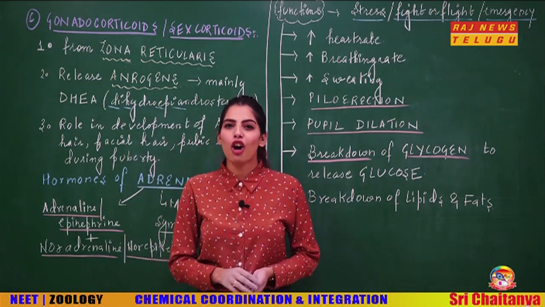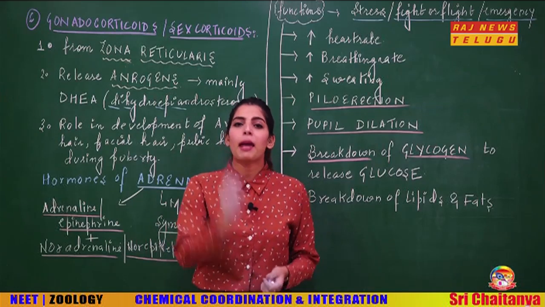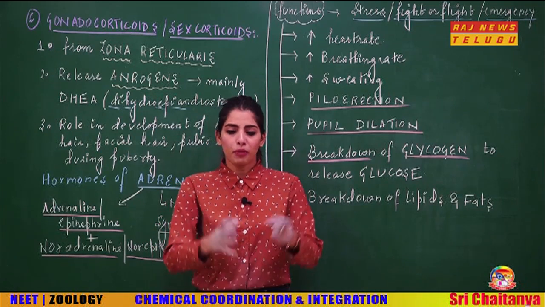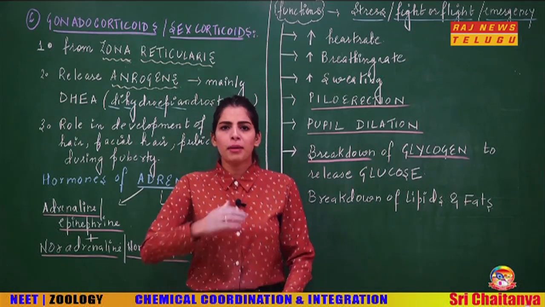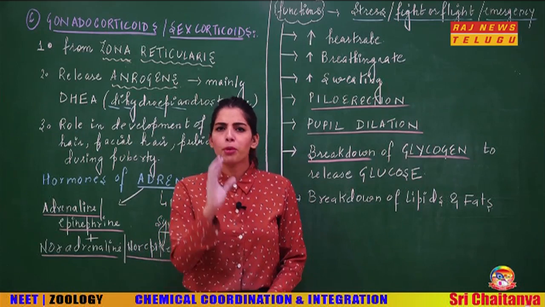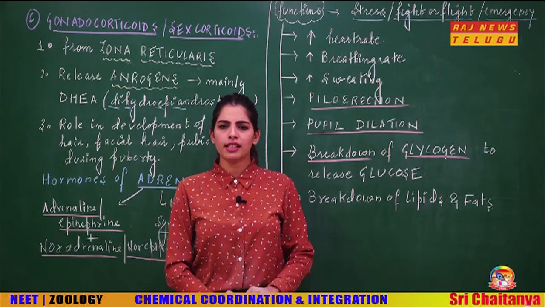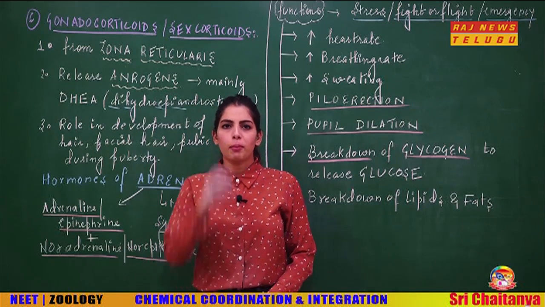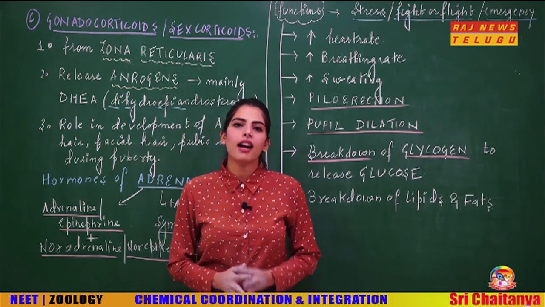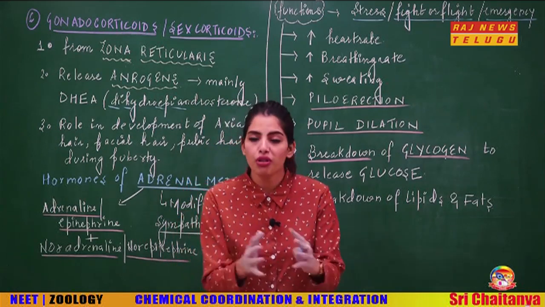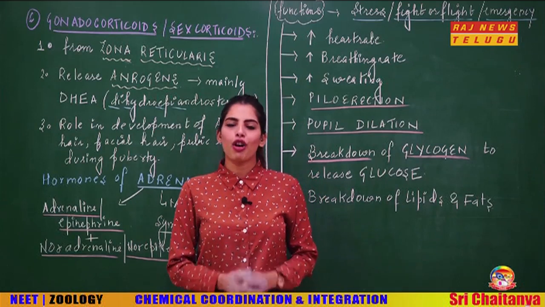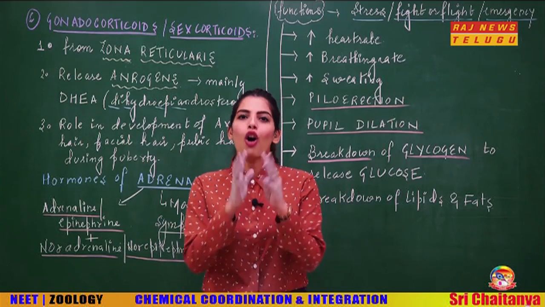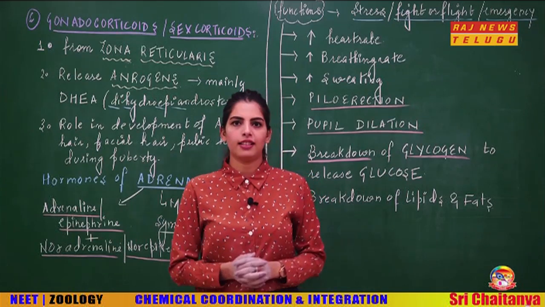So the emergency hormones, the fight and flight hormones, epinephrine and norepinephrine, can very easily be related to this example of a snake coming in front of you. Breathing rate increases, heart rate increases, pupil dilation is seen, piloerection is seen, sweating is there, glucose level rises in your blood. These are some of the responses that you show during stress, the function of the emergency hormones released from the inner side of the medulla of the adrenal gland.